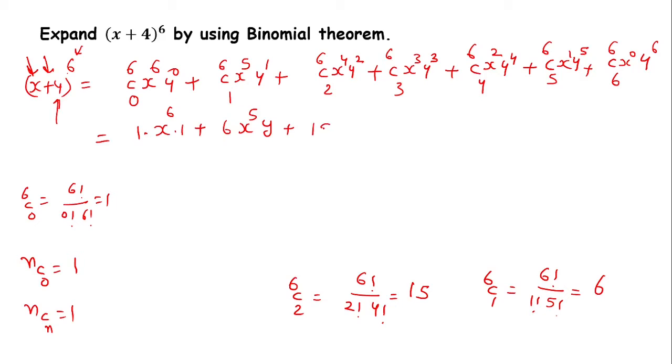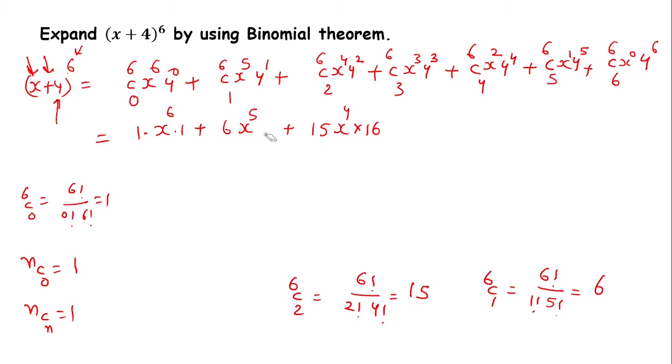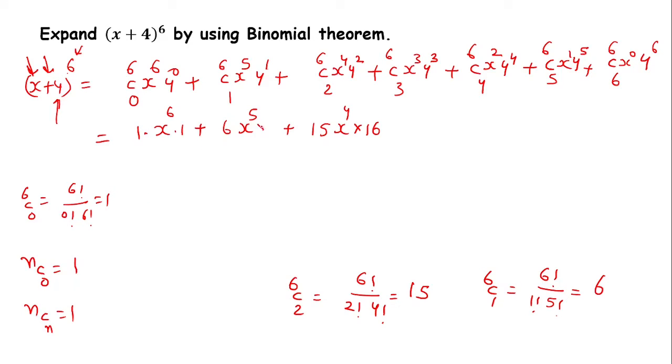So write it 15 x power 4 times 4 square, that is 16. And my mistake, my dear, this is not y, it's 4 power 1. So let me remove this. Here it is 4. This is times 4, plus